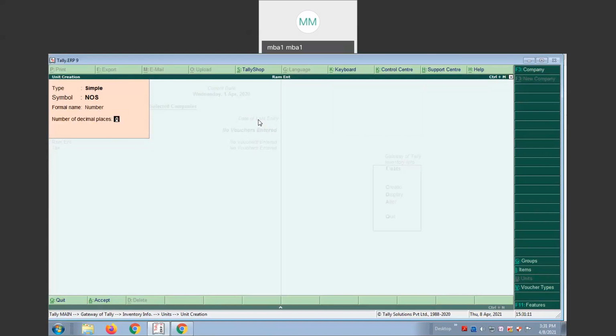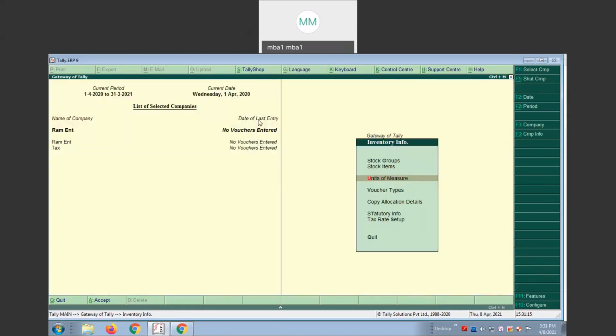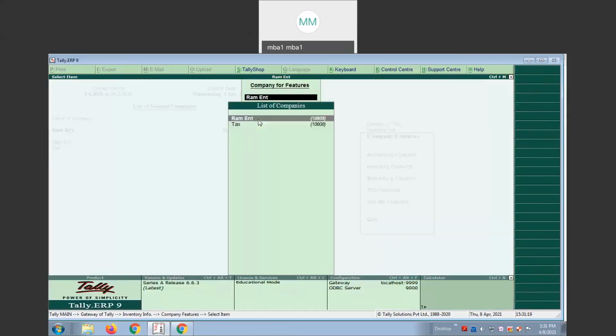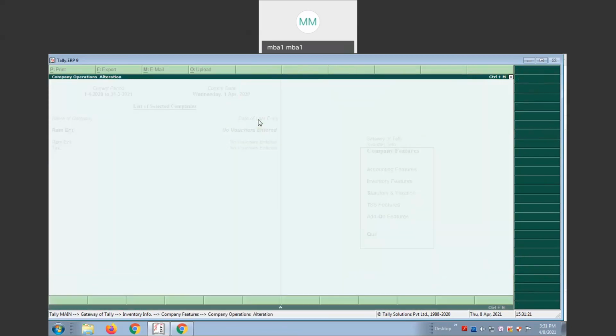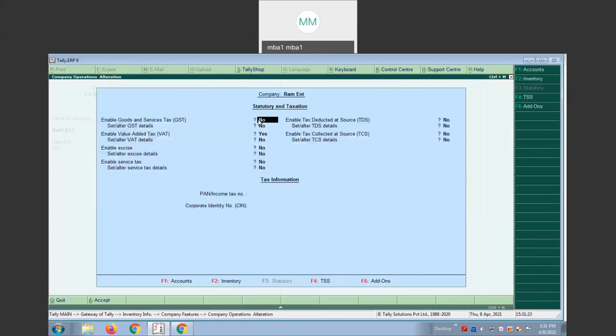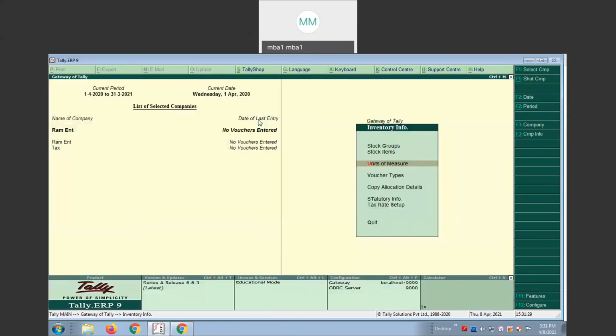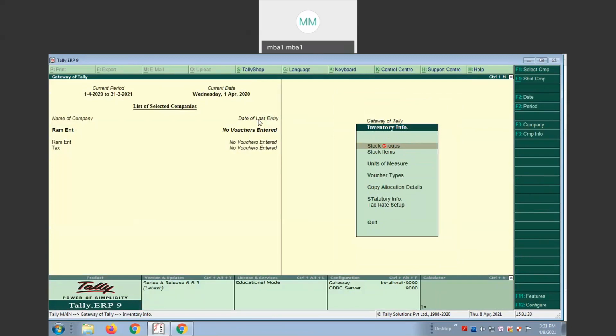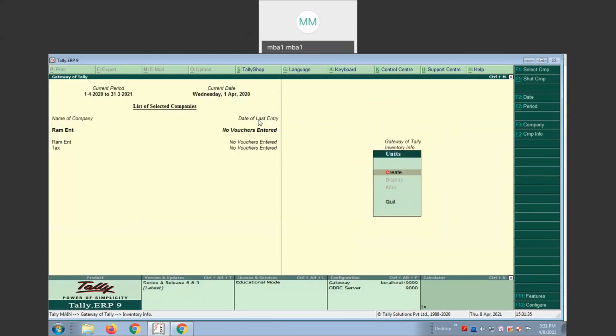Sir, what are those symbols? I'll show you now. Just now I'm not saving this. Going to F11, going to statutory taxation, going to the company name. In that, enable GST, save it, go back, go to gateway of Tally, click on inventory info, go to units of measure, create.